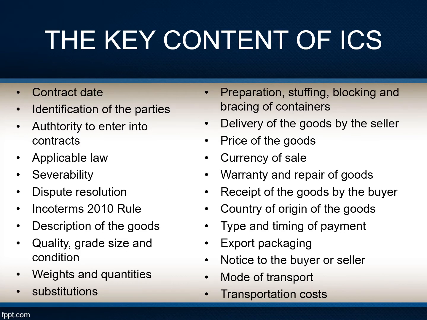The components or key contents of international contracts are the following. Number one is the contract trade. Number two is identifying the parties. Next is authority to enter into the contract. The applicable law, the applicable legal terms, that is the severability, and dispute resolution, if there will be some problem that may happen in the future,